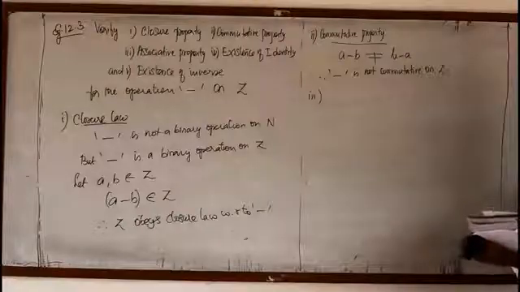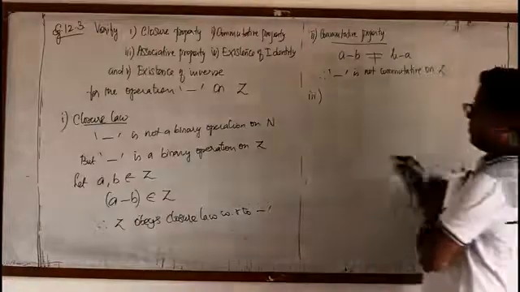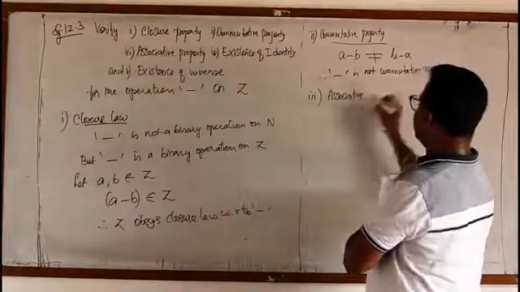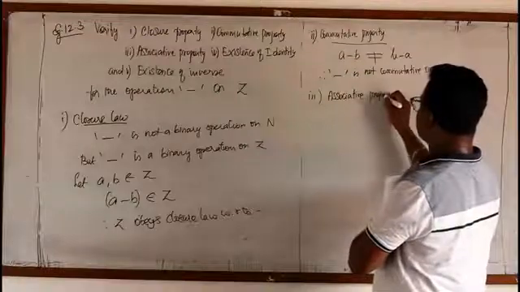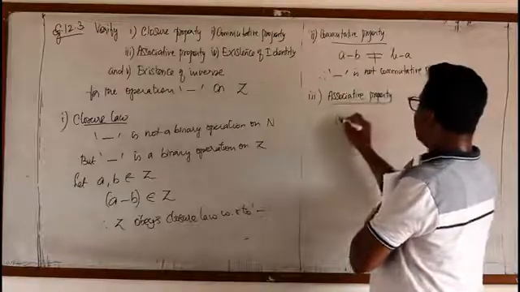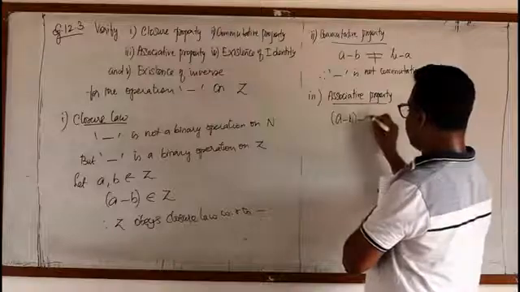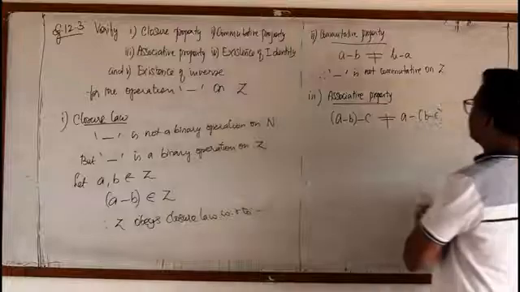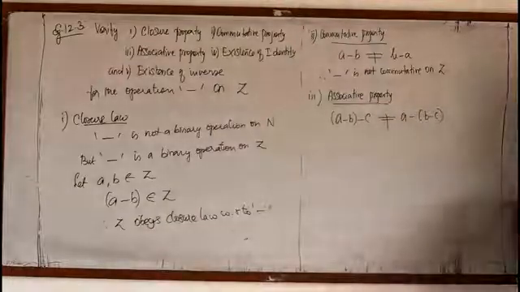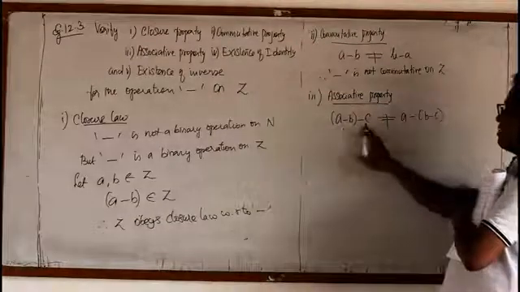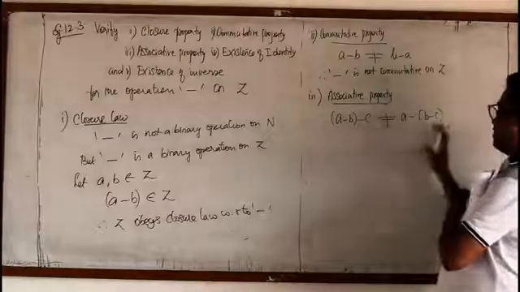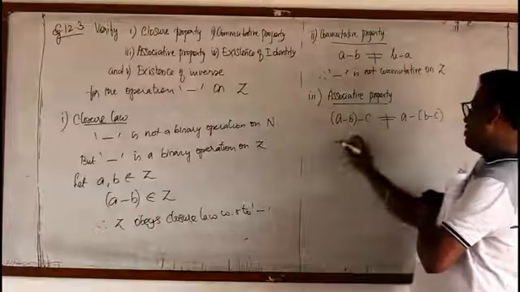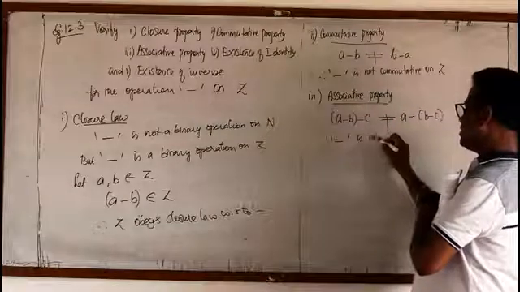Now, when we go for the associative law, again we have a peculiarity. (a minus b) minus c definitely won't be equal to a minus (b minus c). You know very well, a minus b, suppose it is positive, minus c may be positive or negative. Similarly, that won't be equal to a minus (b minus c). Whatever the numbers, therefore, minus sign is not associative